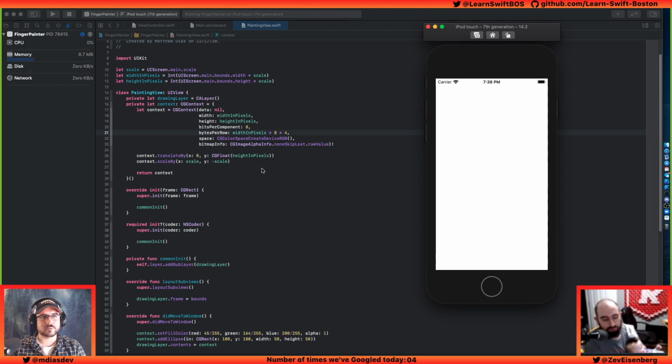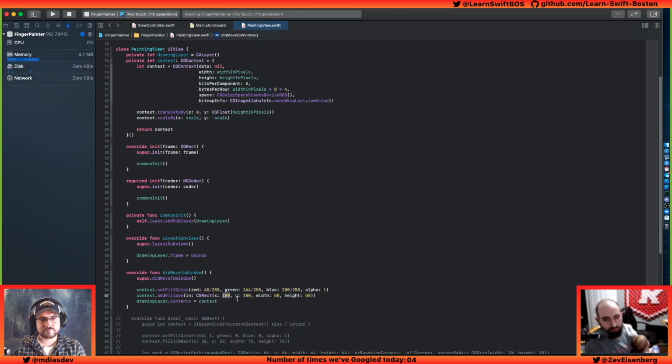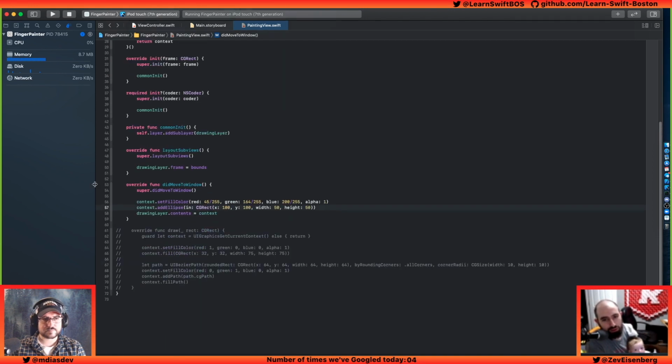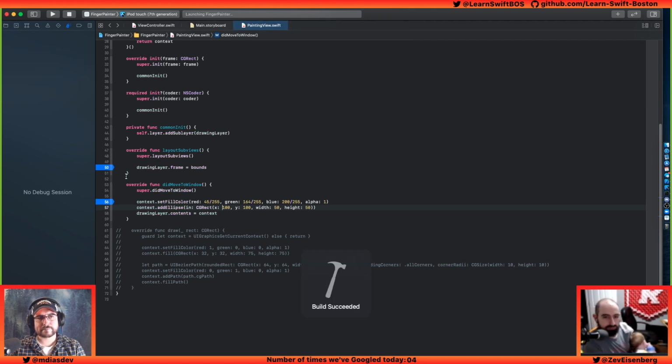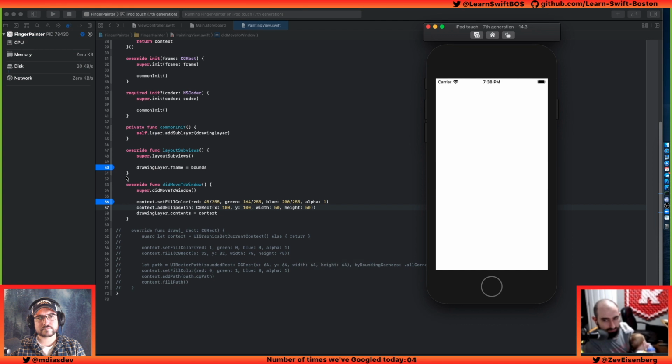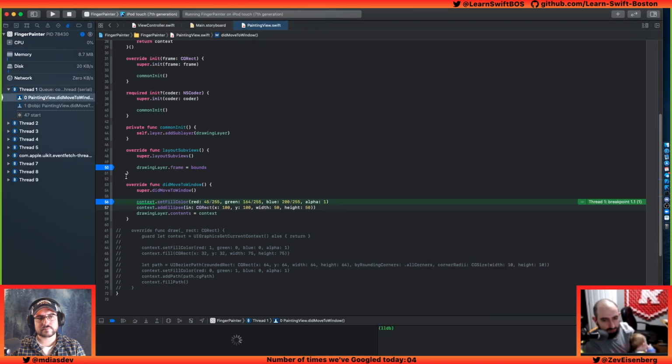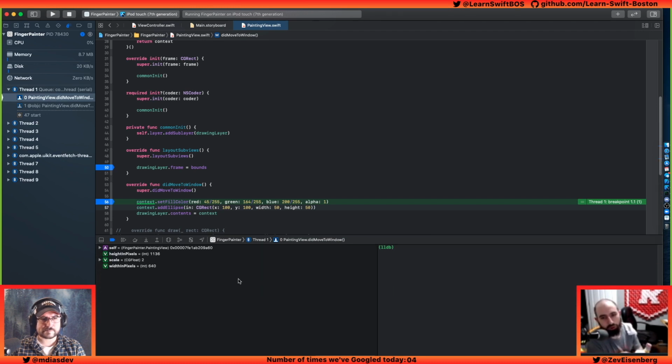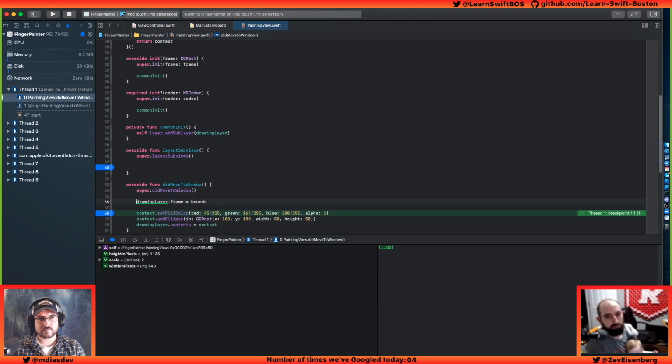Yeah, we definitely had drawing before going more complex. It's possible that either did move to window is failing, or layout subviews is setting the frame. Like a timing thing could be a problem. So we're setting the contents, and then we're going to lay out subviews, which is probably going to blow away the contents. Neat. So let's just set our